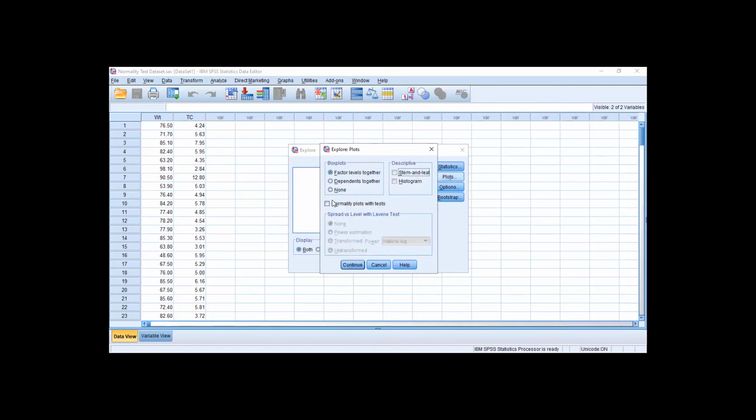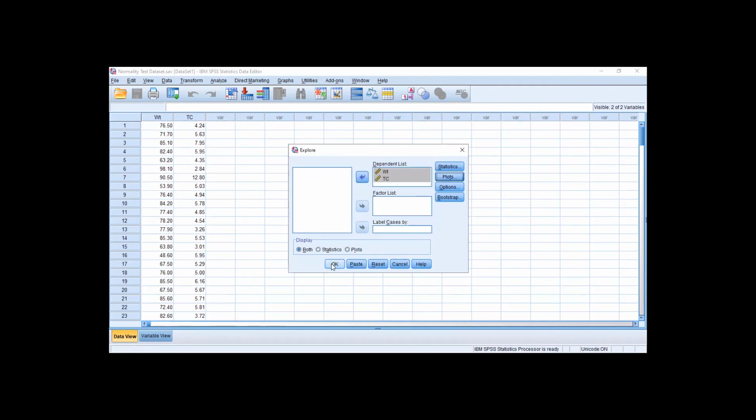Here you select only the normality plots with tests. I excluded the descriptives, the stem-and-leaf and histogram because we've seen them in JASP. So we only concentrate on the normality plots with tests. You click Continue and then OK.